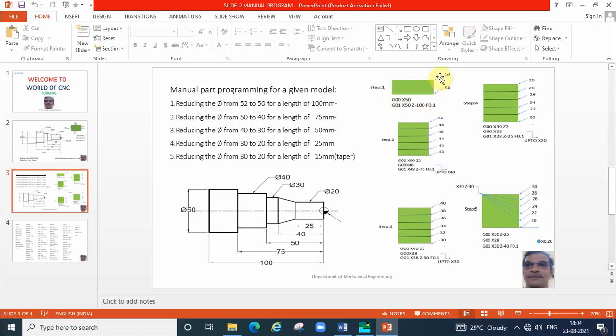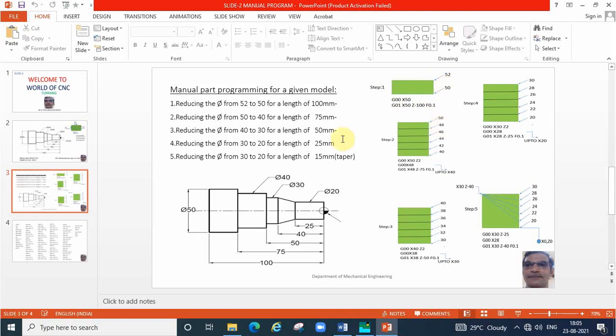After giving depth of cut, the tool is moving like this. That time material will be removed for a length of 100 and then retraction 1 mm will be there. X50 is over, lifting to X51 and then come back to Z2. That is the original point. There only we are giving depth of cut for further operation.